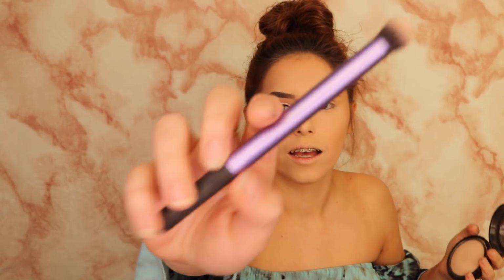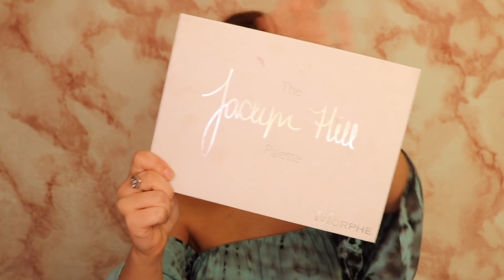Okay, I zoomed in for you guys so you can see a little bit better. I went ahead and finished this side of my face. First, I'm going to start with my M.A.C foundation powder, and I'm going to take this Real Techniques brush, which is kind of a more dense round brush, and I'm just going to put some product on there. Then I'm going to take the Jaclyn Hill palette,